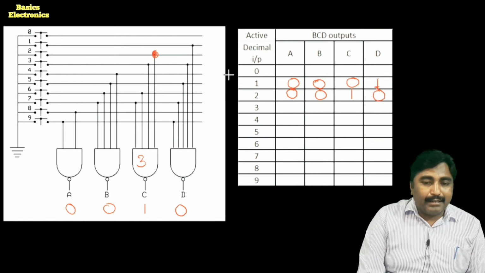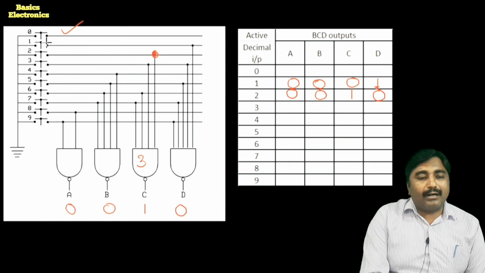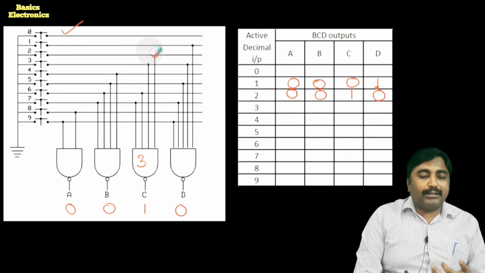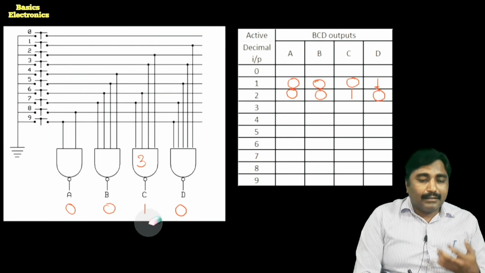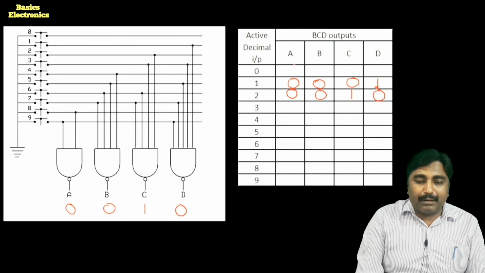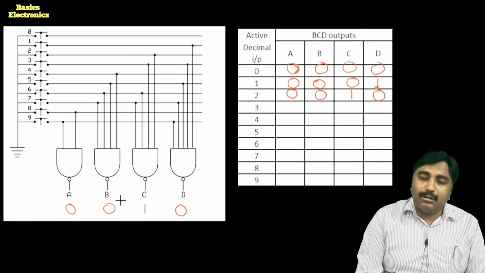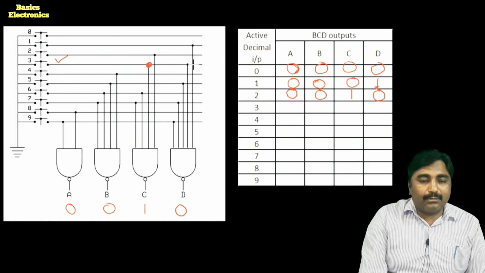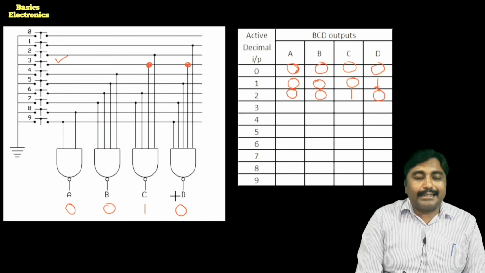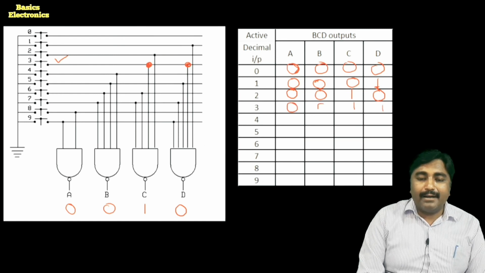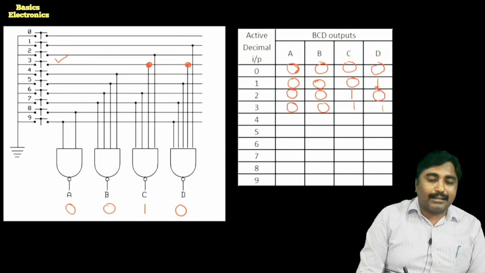Okay, if we apply the decimal input 0, it is not connected anywhere because the natural output of this NAND gate or the NOR gate is equal to 0. So when we apply 0 or do not apply any input, the output becomes equal to 0. If we press switch number 3, switch number 3 is connected to the third gate as well as it is connected as an input to the fourth gate. So the output of the third and fourth gate is equal to 1 and the remaining two gates produce the natural low output.